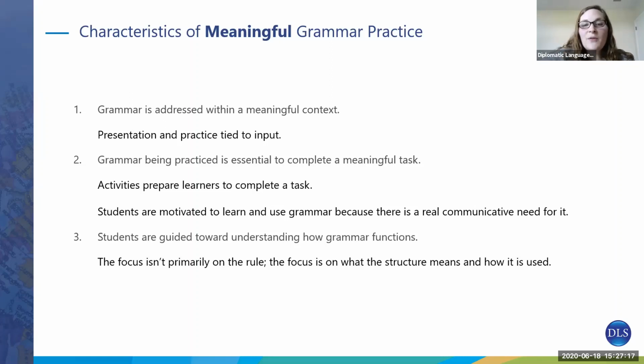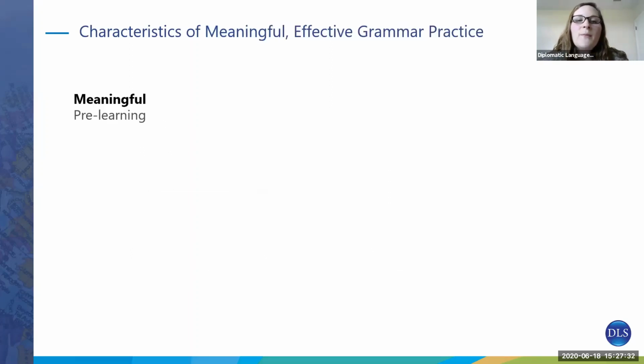Okay, and then finally, the third one is students are guided toward an understanding of how the grammar functions. The focus isn't primarily on the rule, but on what the structure means and how it is used. So if we look at a couple of Penny Ur's characteristics of effective grammar practice, and think about how to make it meaningful, in the pre-learning phase, so in the presentation of the grammar that you give before you get to the practice activities,